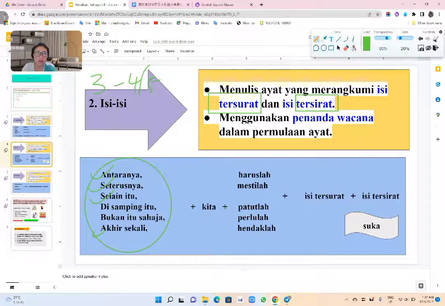Okay, so after, for example here, after they use this penanda wacana for the ayat pertama, antaranya, have to always use kita. Then have to choose here: if the first isi tersurat haruslah, then go to the isi tersurat. What is the first isi tersurat given? For example, it is given like just now, langkah menjaga kesihatan. Maybe it is given like mengambil makanan seimbang. So the first ayat should be antaranya kita haruslah mengambil makanan yang seimbang, for example, for the first isi